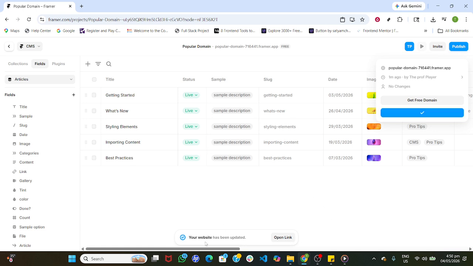Click Publish, then confirm with Update to push the new field and its connections to your live site. After publishing, preview a page that uses this collection to verify your design displays the related content as intended. That's it. Your multi-reference field is set up, populated, and live, giving your visitors richer